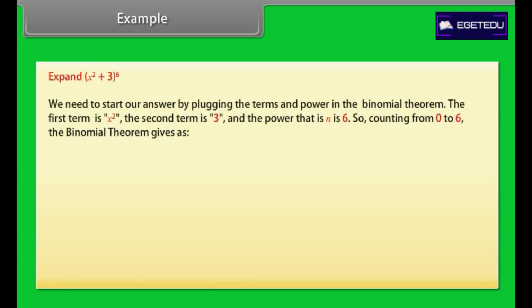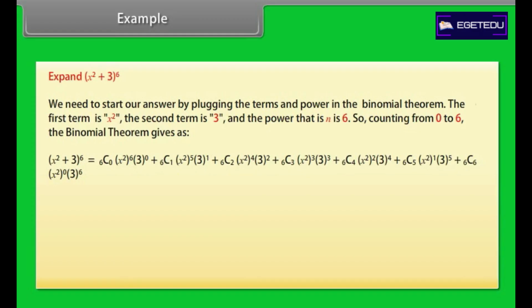Example: expand (x square + 3) raised to power 6. We need to start our answer by plugging the terms and power into the binomial theorem. The first term is x square, the second term is 3, and the power, that is n, is 6. So, counting from 0 to 6, the binomial theorem gives (x square + 3) whole power 6 is equal